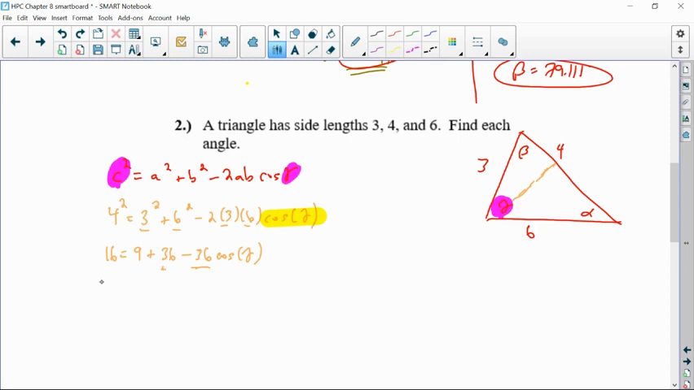So I could do 9 plus 36 is 45, minus 36 cosine of gamma, subtract the 45. So now we have negative 29 is equal to negative 36 cosine of gamma. Divide out that negative 36, and then do inverse cosine. So gamma is going to be the inverse cosine of whatever 29 over 36 is. So then I say, okay, inverse cosine of 29 divided by 36, and that means that gamma is equal to